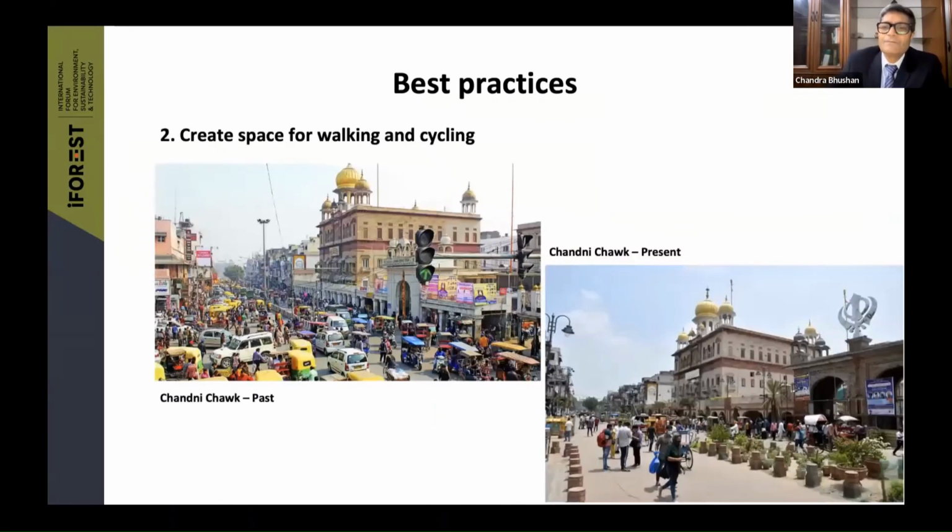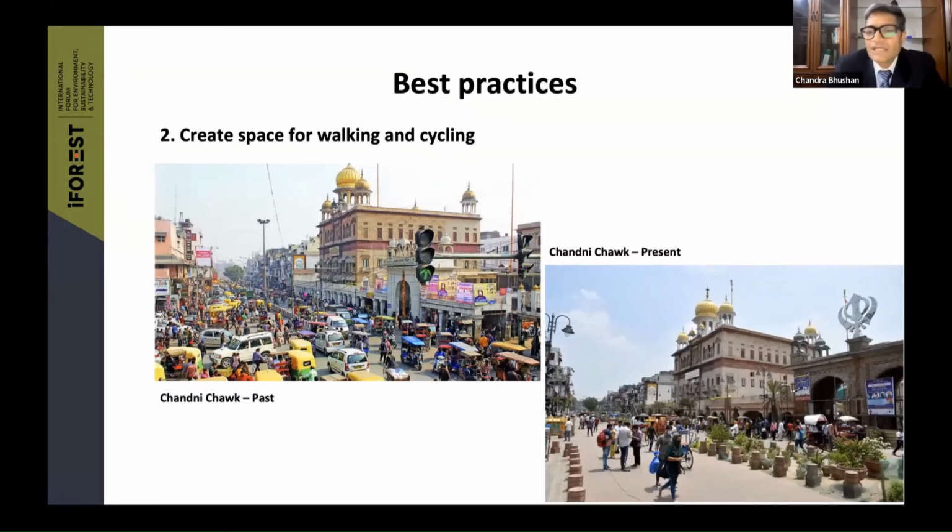And this is the best example of people-centric design. I know many of you would have gone to Chandni Chowk in Delhi. The left side picture is of Chandni Chowk of past. I'm sure all of you would have seen this, where there is no space for walking. The entire Chandni Chowk is chock-a-block. There is no space, where cars and three-wheelers and auto rickshaws and rickshaws and people are jostling for space. They're fighting with each other. The right side is New Chandni Chowk, where cars are not allowed. The right has been snatched from the car and the right has been given to people.